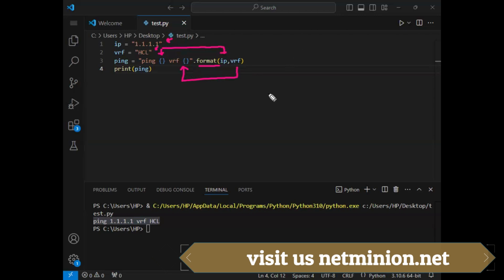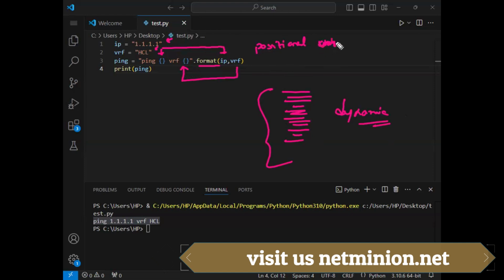So by this way, later on, when I will make very bigger scripts, the value will be dynamic. It cannot be static always, right? I got it. So first in curly braces, you just defined that this value is going to be dynamic, and what will be the value, you define later on. Correct. So these are positional arguments, or you can say values.